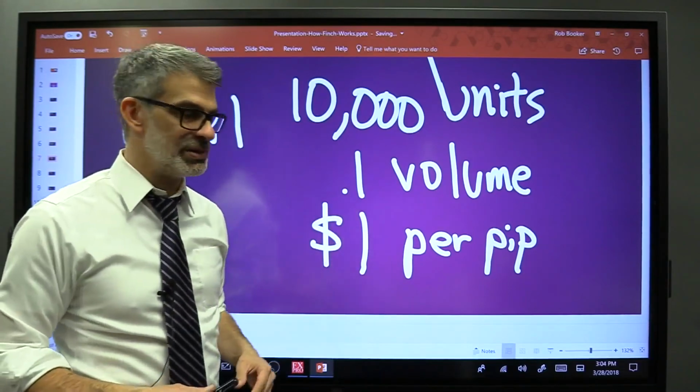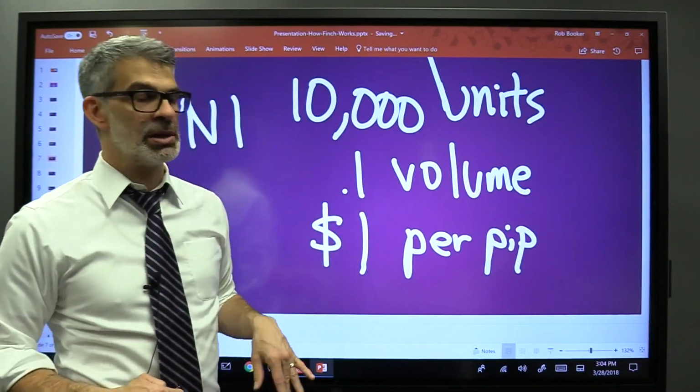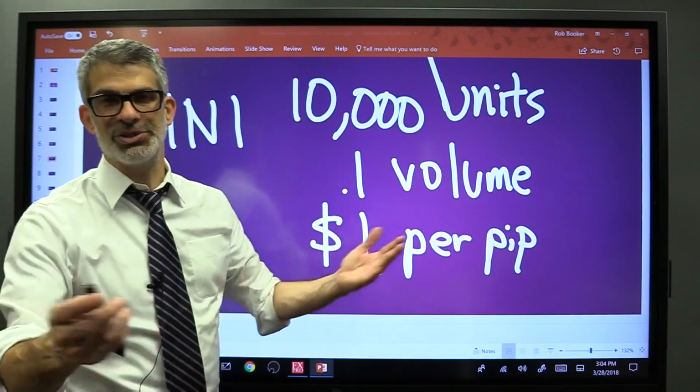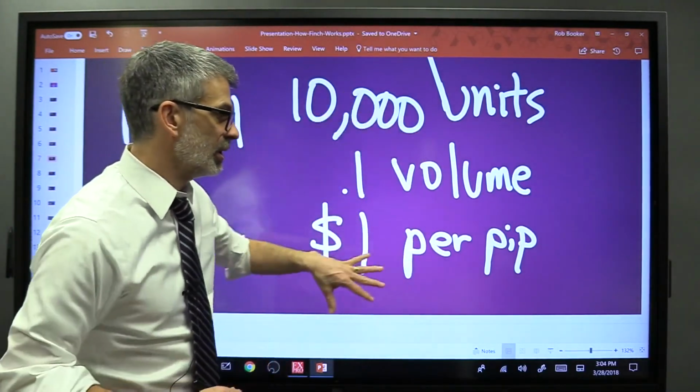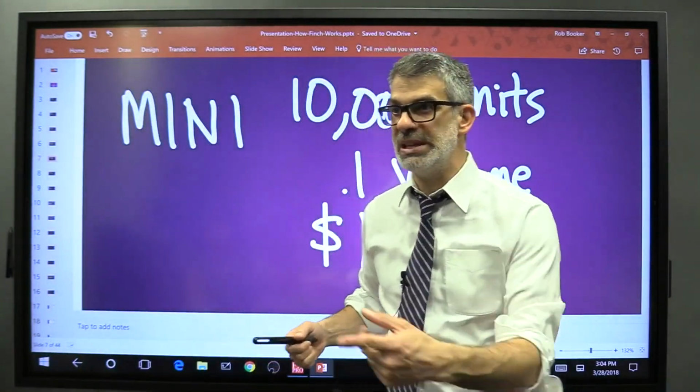It might be worth 80 cents. If you're trading the British pound Australian dollar, it might be worth $1.20 or something along those lines. It's going to change, but it's going to be in this range. So if you make 10 pips on a mini lot,